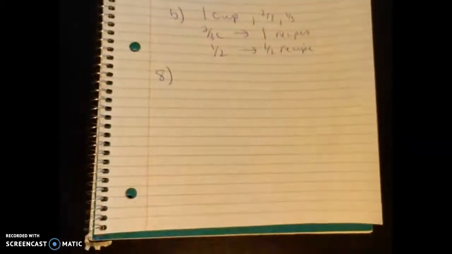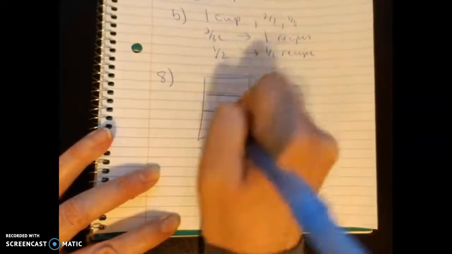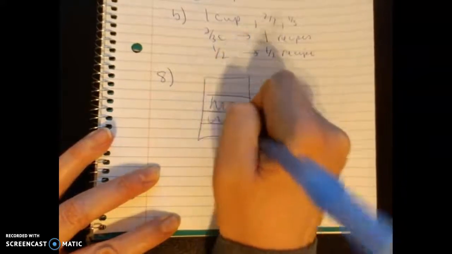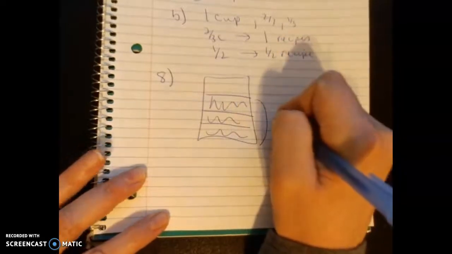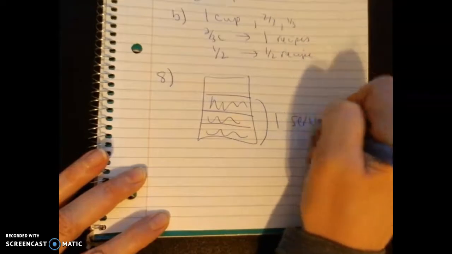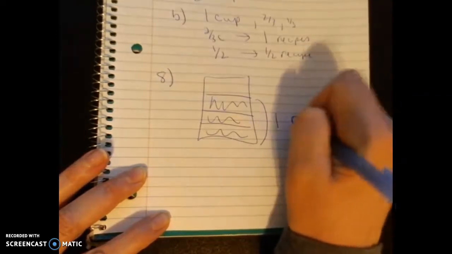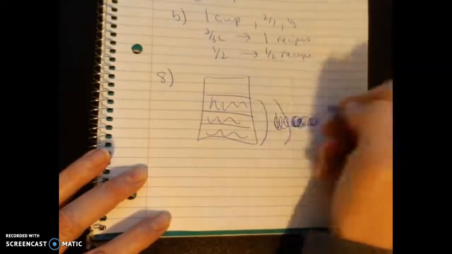All right, so 8 says 3/4 of a cup of snack food gives you your daily amount of calcium. All right, so 3/4 of a cup. So again, to begin with, we have a whole cup, but we have 3/4 of a cup, which is basically 1 serving of calcium. So this is like, or no, daily value. So this is 1, I don't know. How about this is